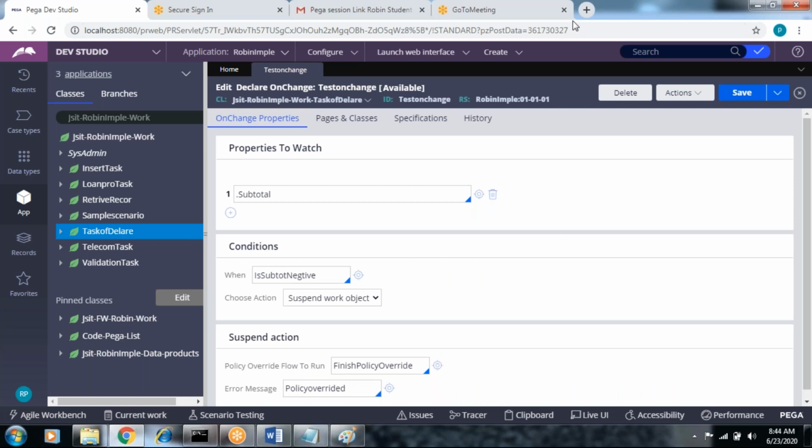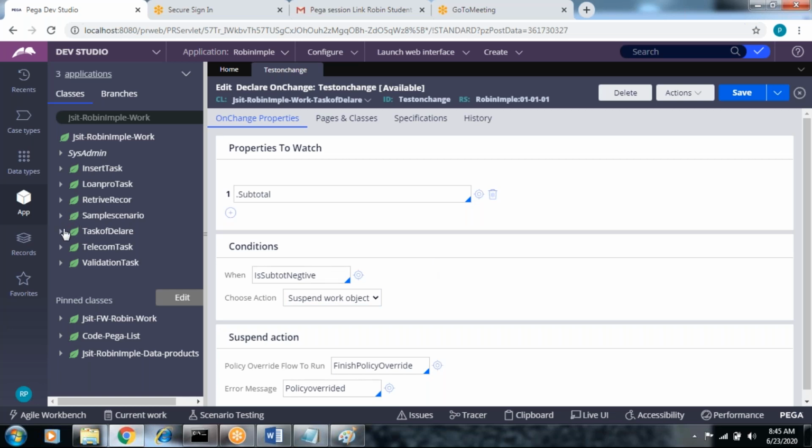Is it clear for this requirement, Robin? Yeah, clear. Thanks. Let's go and check the result. Declare on change also has no need to be called. I told you a declarative rule should not be called anywhere. Whenever you run the application, the flow or the case, the first executed rules in the backend are declarative rules.